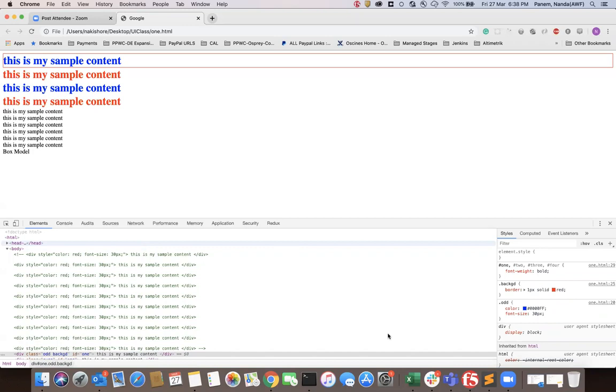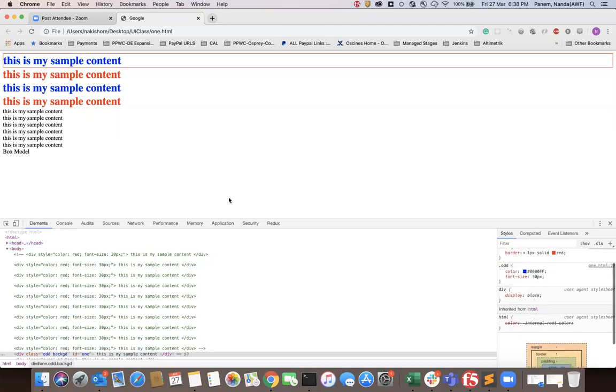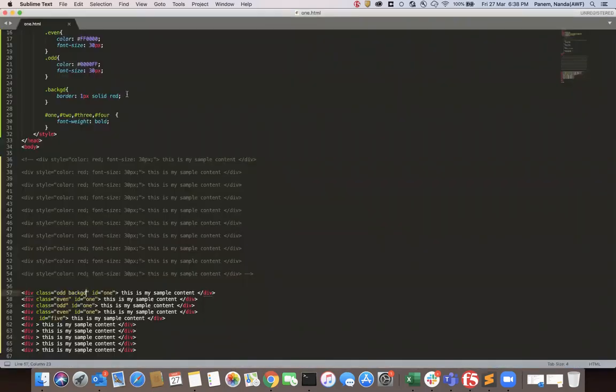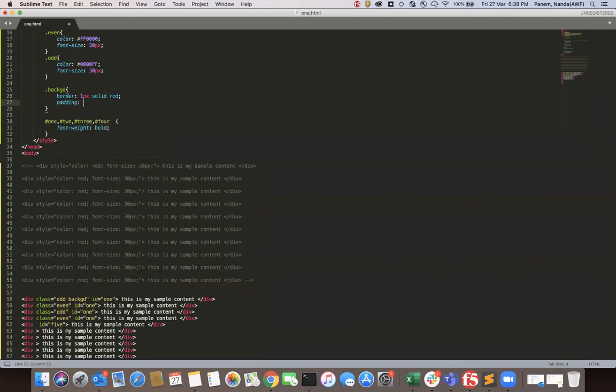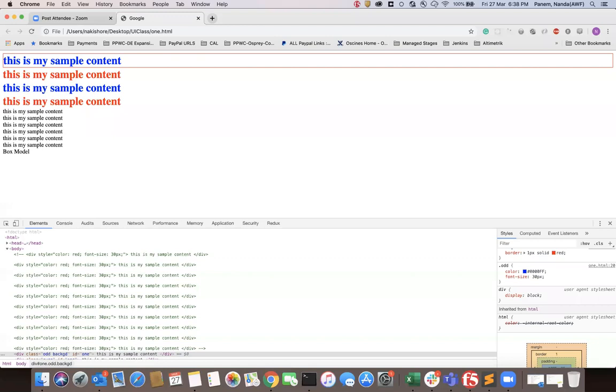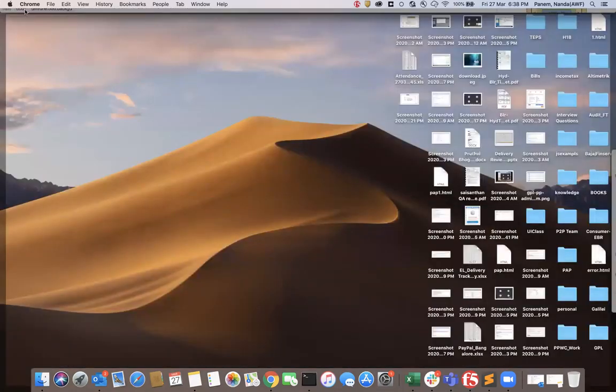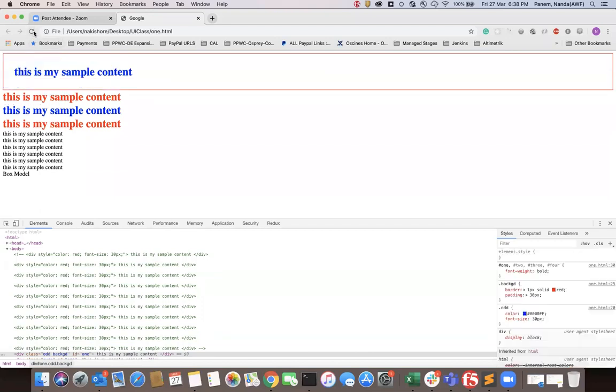Now, what is the padding? Padding is nothing but the space between the border and the actual content. So now here I'm going to provide padding as 30 pixels. What did I say, what is the padding? Padding is the space between your content and the border on all sides. It's not just one side, it is the space from all sides. If I execute this, see here what happened.